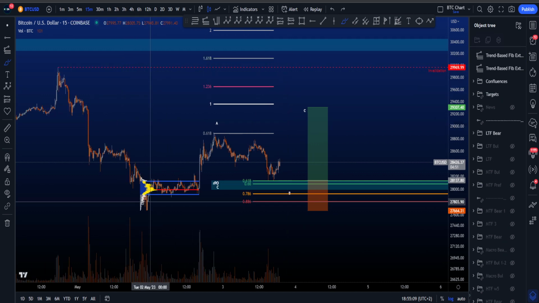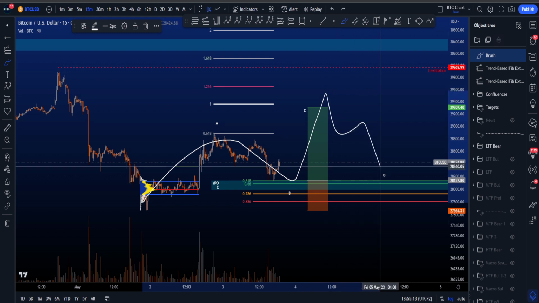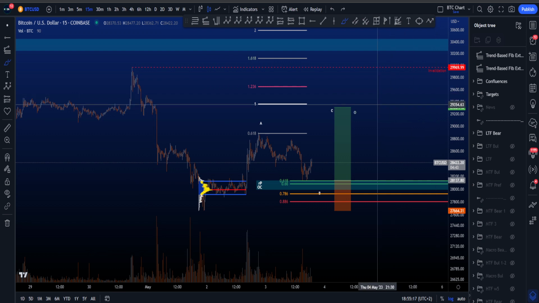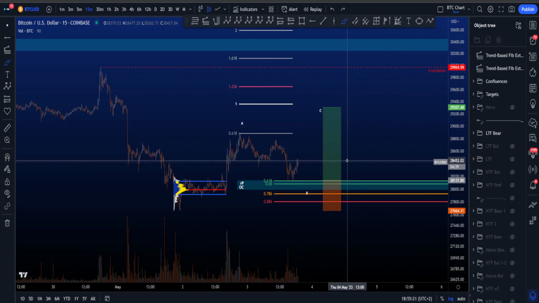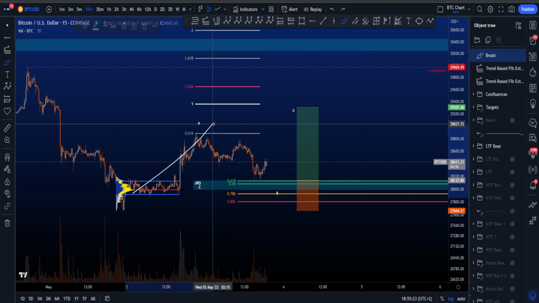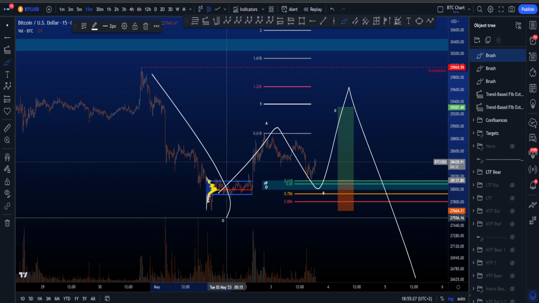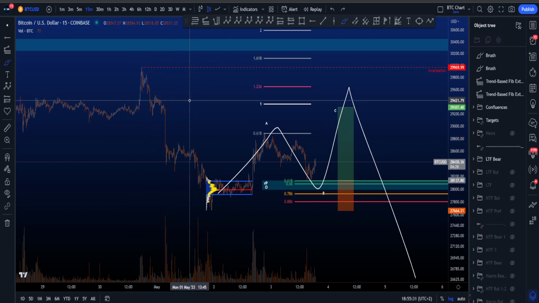So this is the most common target for a wave C, which is below this high over here. Now, this ABC can be the first structure, then a corrective 3-wave, and then another 3-wave to the upside, which would give us the higher time frame wave Y, before then downside eventually. Or this is an ABC for more downside if this impulsive structure is indeed a wave A or a wave 1,